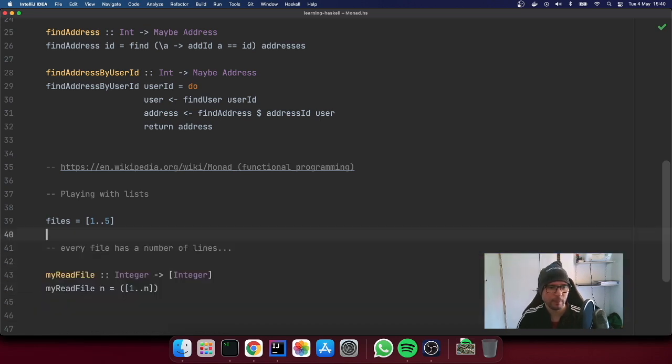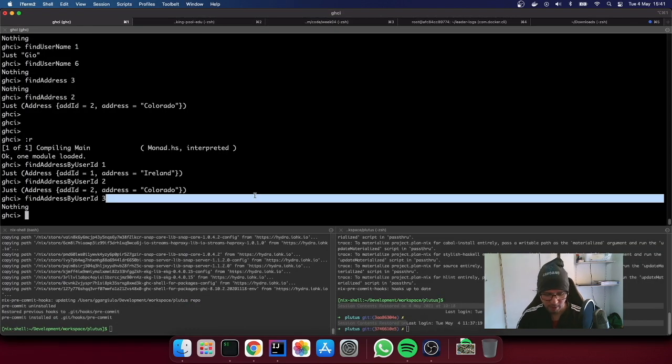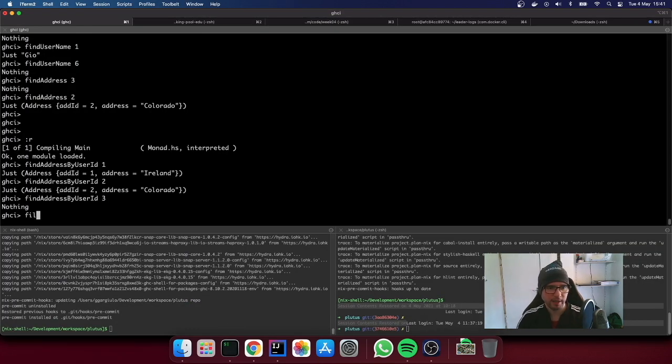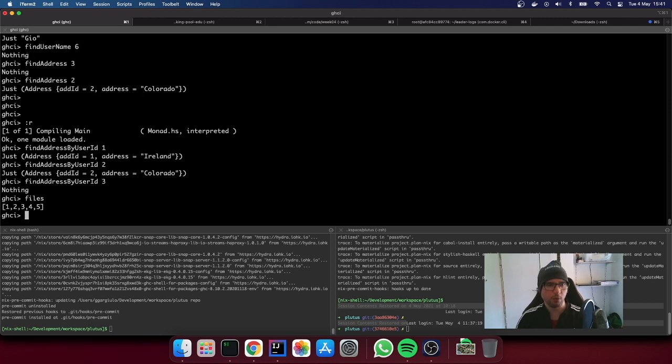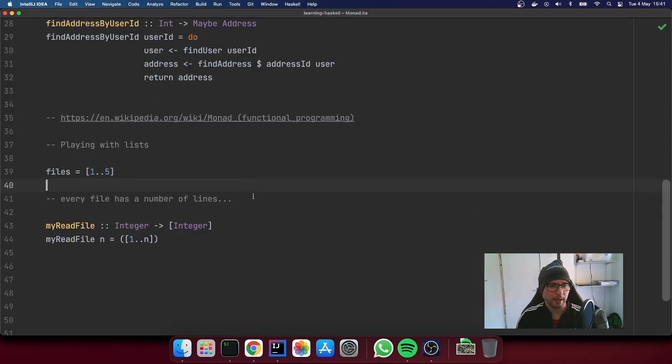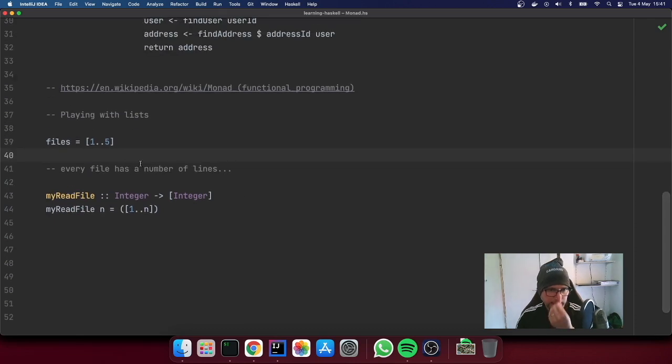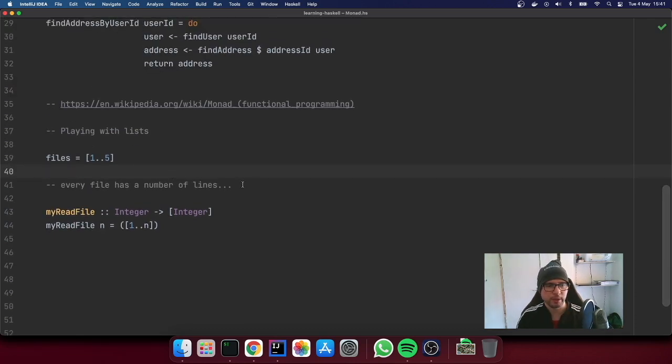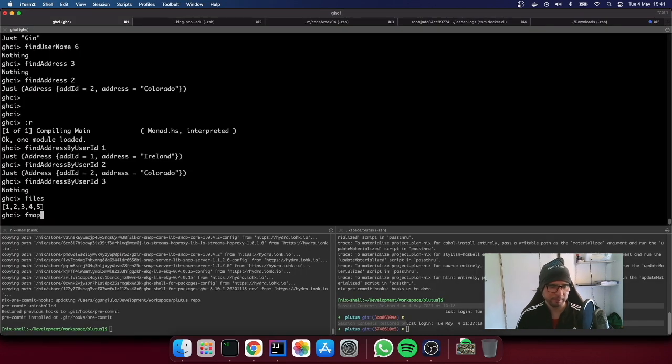Fantastic. If you are like me, I'm sure you're much more clever and intelligent than me, but I was a little bit silly at the beginning when I was studying Scala. Let's read all the files. So what I was doing was files 1, 2, 3, 4, 5, right? I need to read the content of the file, so I need to map that content into something else, right? So I have to compose those two things. So it is fmap, and it was my read file, and then files.